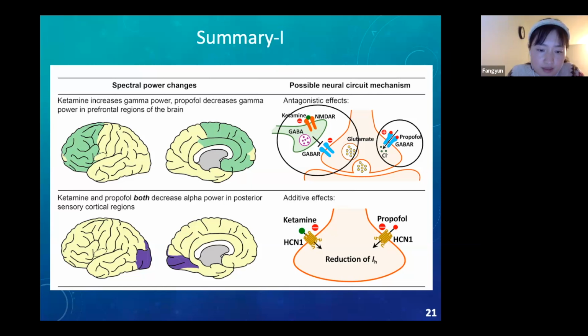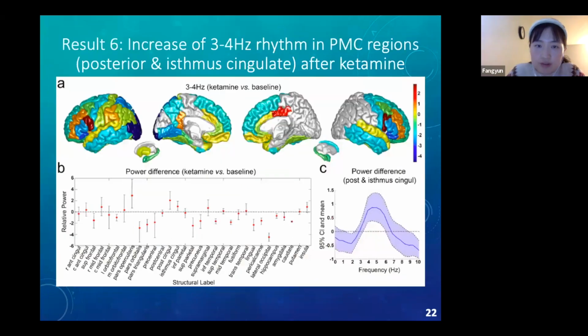This may be because of the shared inhibition of ketamine and propofol on HCN1 channels. This is supported by a modeling study, which showed that reduction in the IH current mediated by HCN1 could abolish the occipital alpha by silencing thalamocortical cells. To further test the role of the 3 Hz rhythm in ketamine-induced dissociation, we analyzed the spatial distribution of the